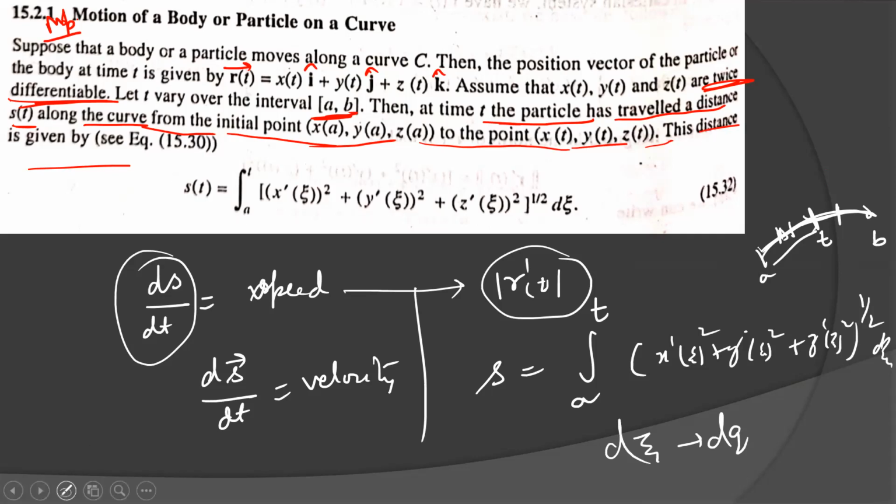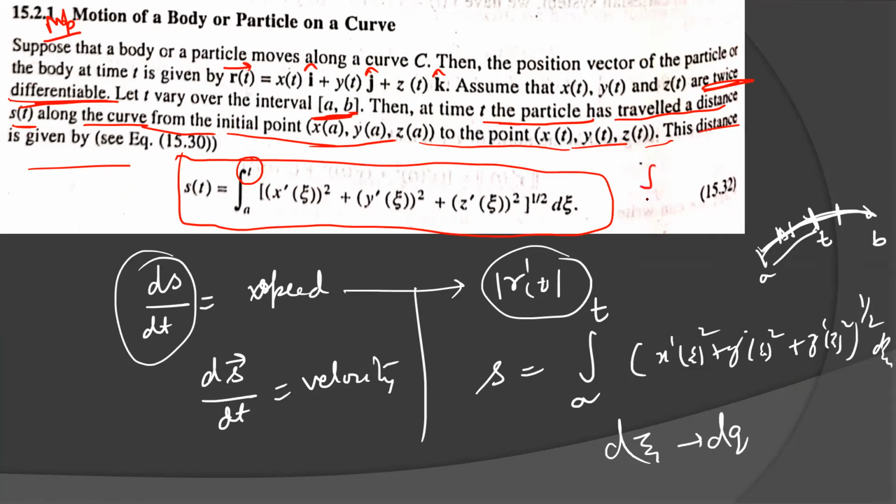So this is the way to define the distance. Remember one point: I am taking the distance traveled on the arc, so that's why I am taking t as a variable. If you take the limit from a to b, it will give you the complete distance on the curve. But if you want a small distance on the arc length of a curve, then you have to take the upper limit t in the form of a variable.